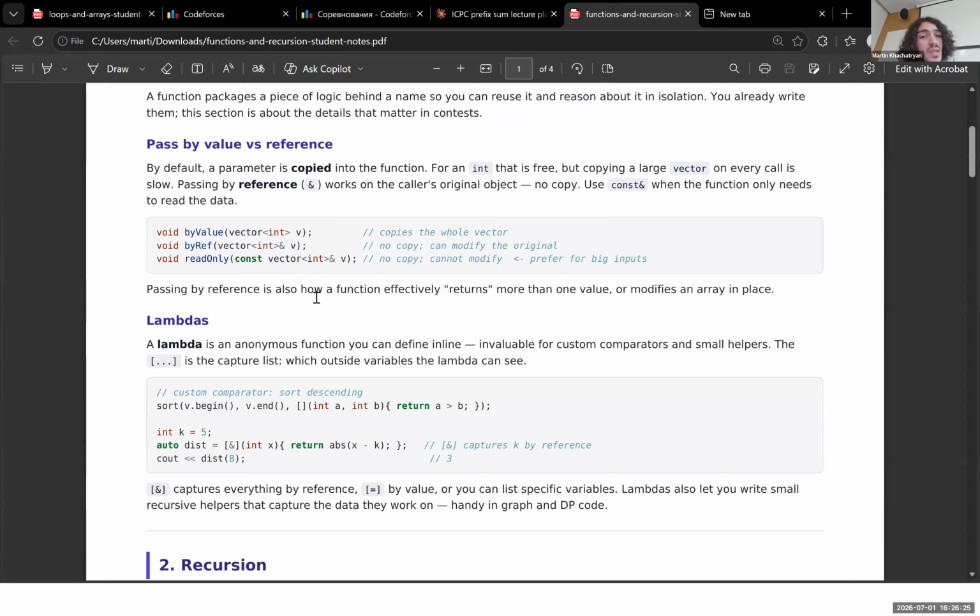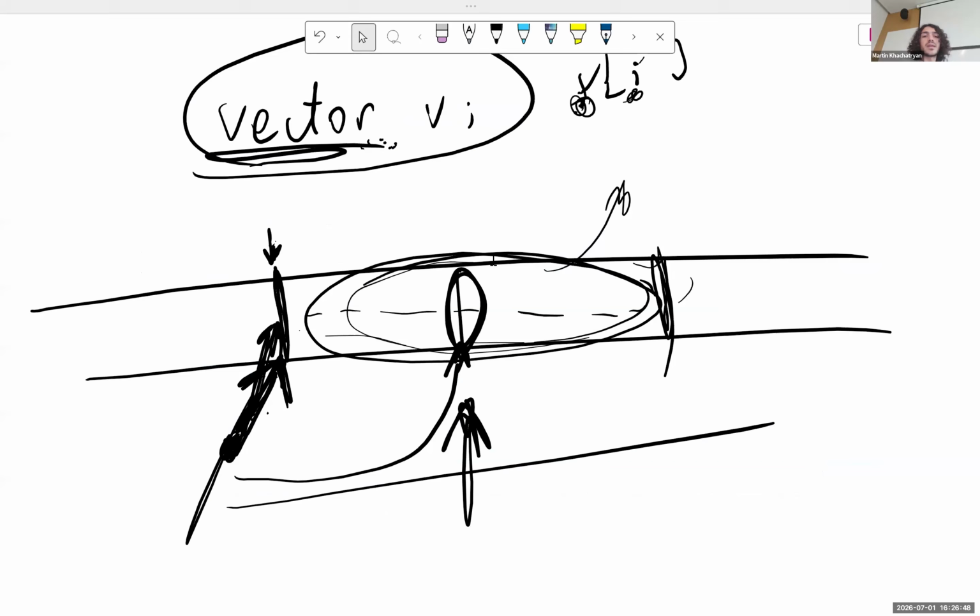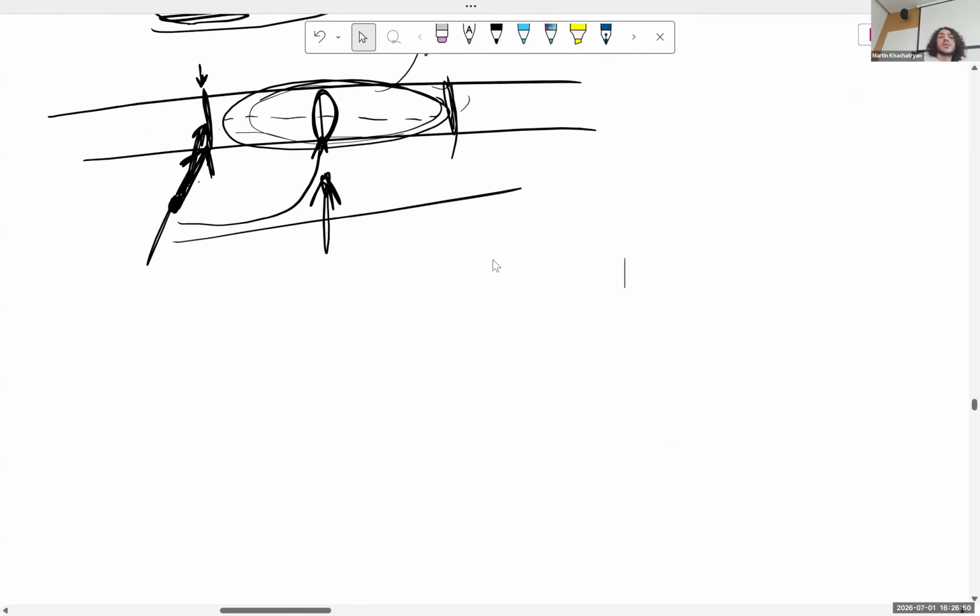But if you don't want to make another copy, and if you want to make changes on your original vector, you pass the reference and you access the vector directly in the original memory place. No copy, and you can modify your thing. As for example,